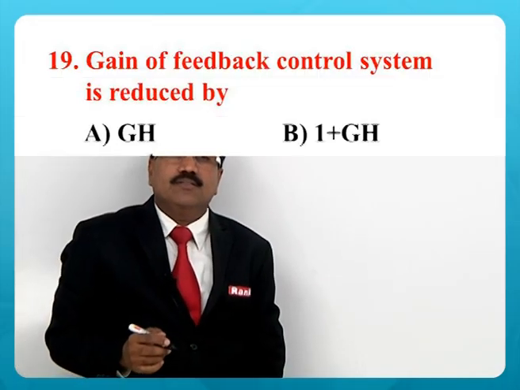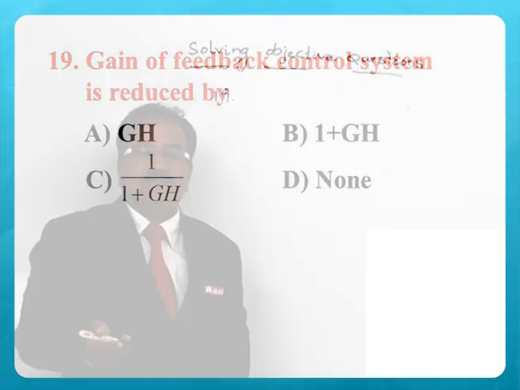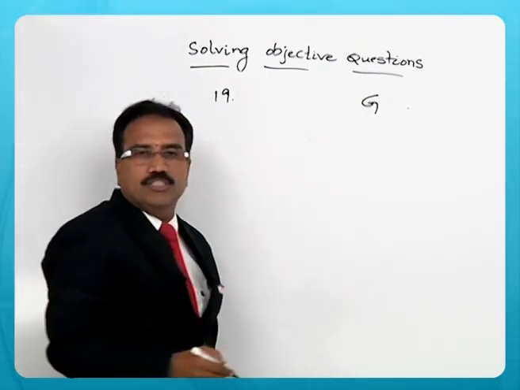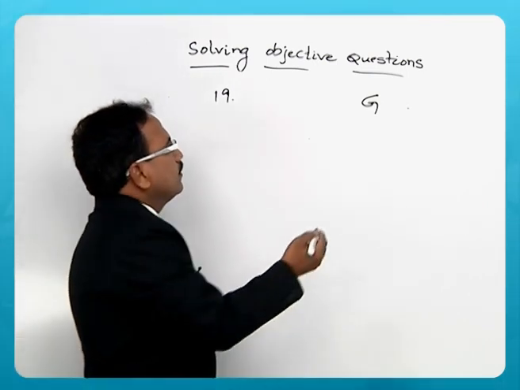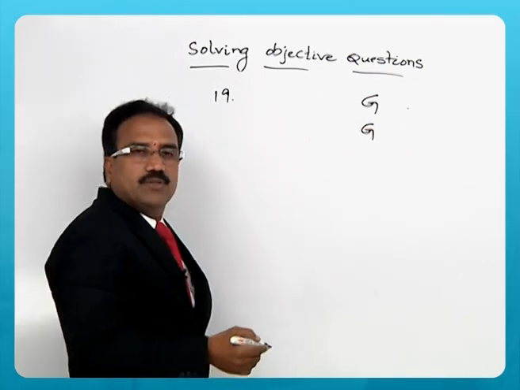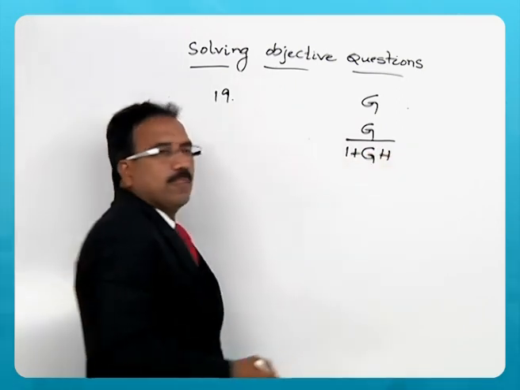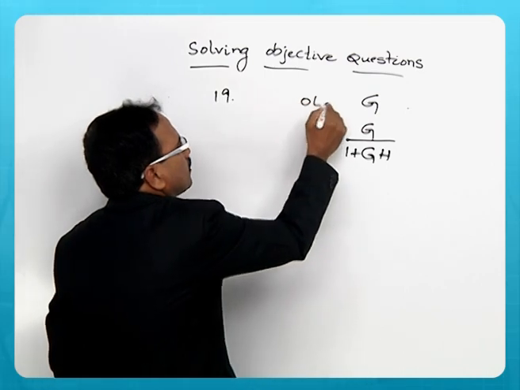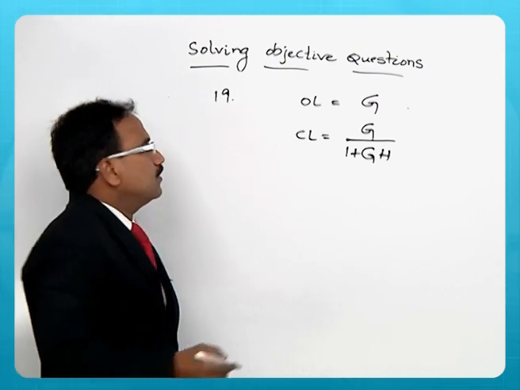Question number 19, gain of feedback control system is reduced by what factor? As you know, the open loop control system gain is given by G because there is no feedback. Whereas the closed loop control system, you have G by 1 plus GH. So you can see the gain of open loop control system is this and closed loop control system is this. So the change is